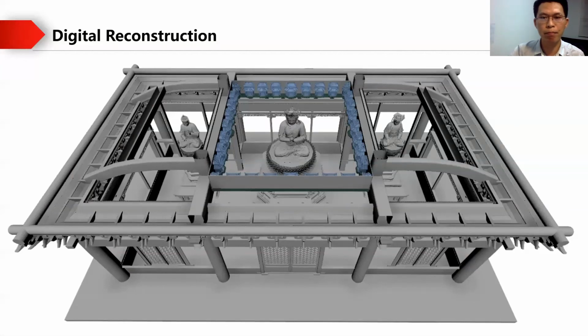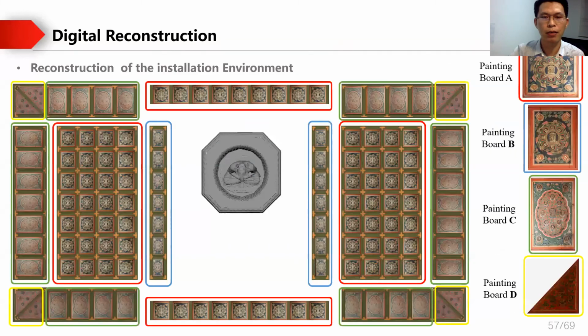Restoration of the Heavenly Palace and cloud pattern beams. We also researched the order of the painted board. There are 4 types of paintings and shapes. One of them is square, 2 of them are rectangle, and the last style is triangle. The first 3 painting types can be found in Nelson, and the triangle type can be found in Wanfo Ge.